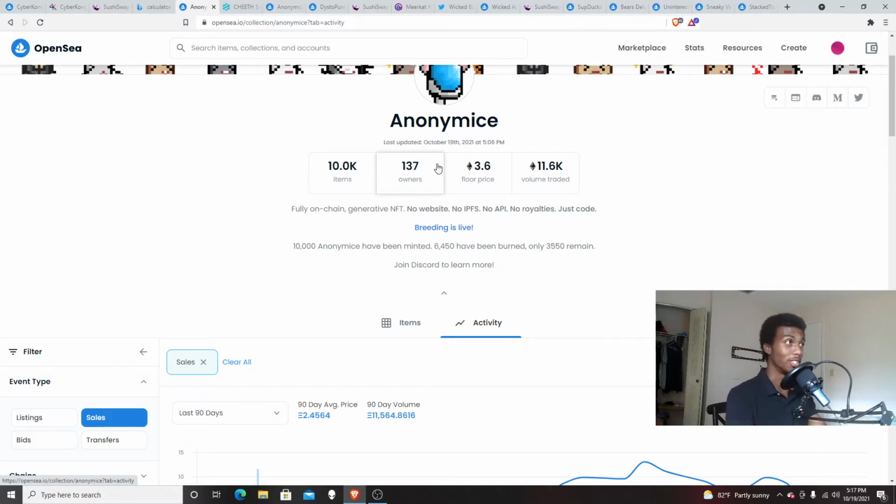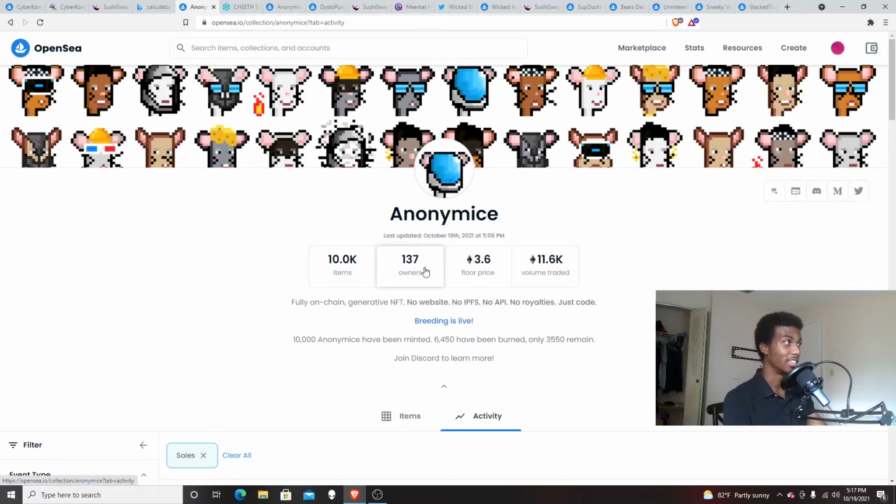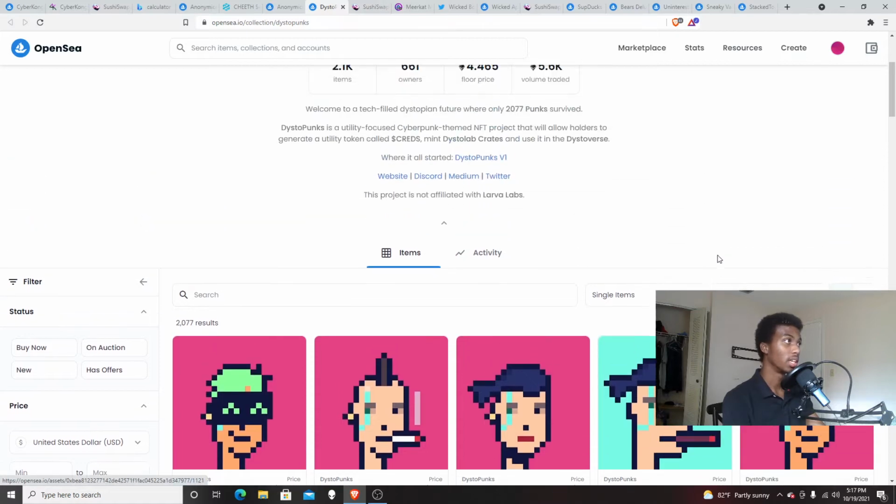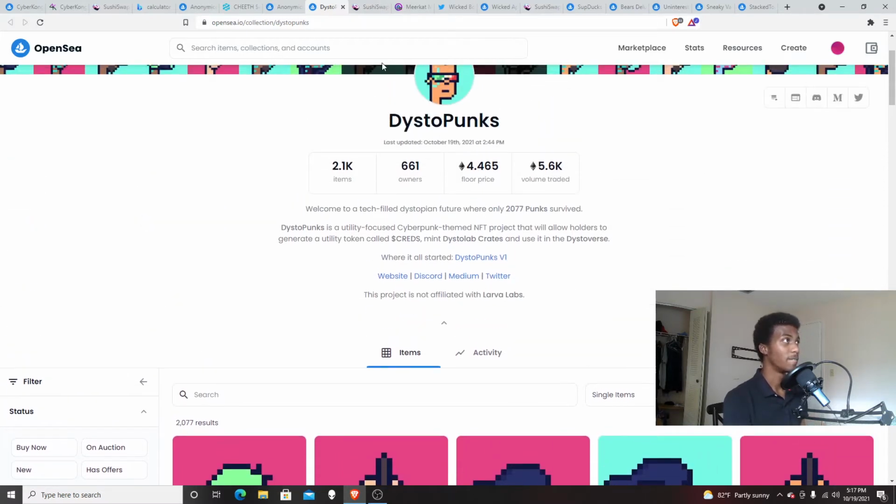And 37 owners. So I wouldn't say that looks too good on any project. So getting past that, there is also Punks. This is basically cyberpunk inspired, and from my understanding, you're going to be able to get a 3D avatar based off of any voxel art. So basically, in any voxel world like The Sandbox, you're going to be able to get an avatar from one of these NFTs, and